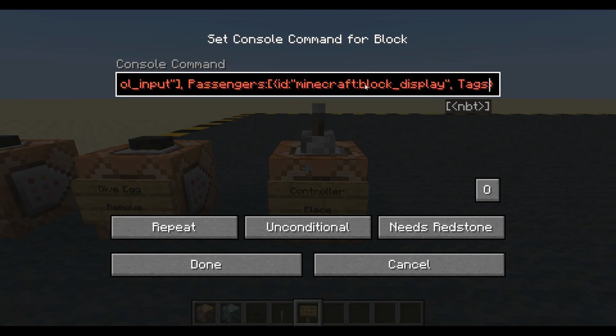We'll give it some tags. We'll give it the 2 tags. Now this one I don't think needs 2 tags. Stool. But just in case I want to target it later, I'm going to give it another one. You probably don't need this extra tag. I'll call it stool top. There we go. Right, I'm going to need a block state because I want to know what block it is